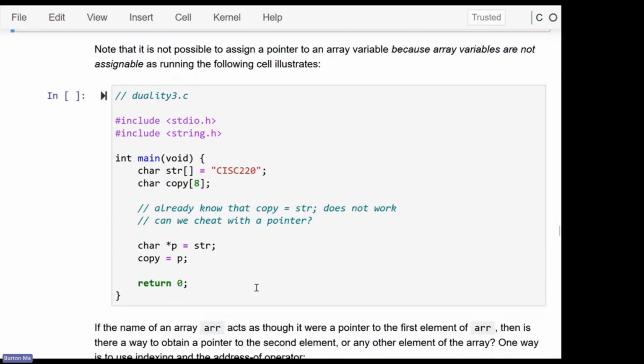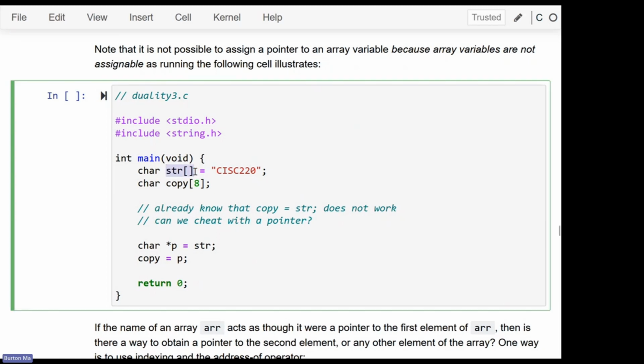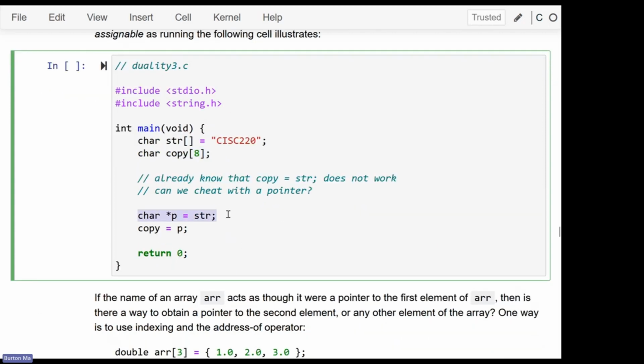Okay, now you can assign an array to a pointer, but you can't go the opposite direction. You cannot assign a pointer to an array variable. Array variables are not assignable. So here, str is an array variable, an array of char. There's another array of char. I would like to copy the contents of str into copy. So I know that I can take a pointer to the first element of str,